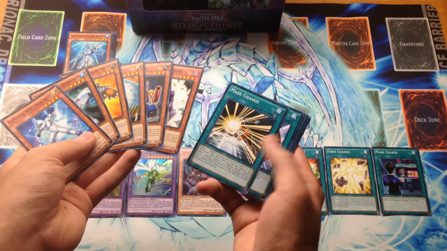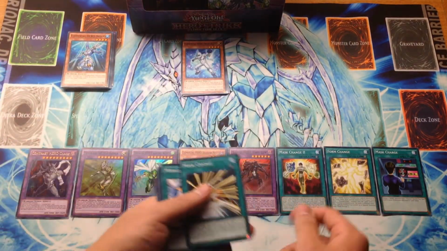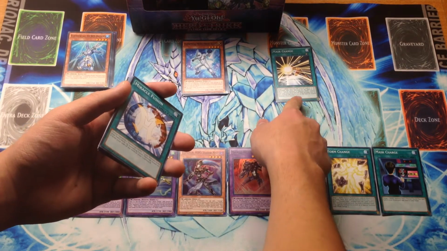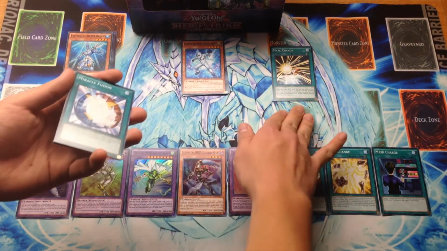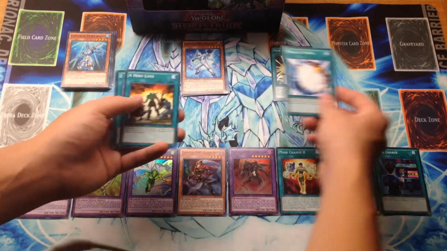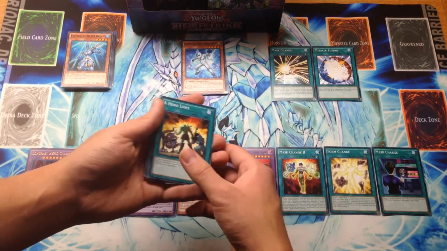reprint. Mask Change, this is basically, I would say, you're heading into the territory of, it's kind of like a new card in that it was only printed in Generation Force and the Astral Pack, so it's something that's not widely available until this deck's released, so you could probably trade that off to someone. Someone's at least going to be interested in it. Miracle Fusion, another reprint of this since I believe Raw Yellow Mega Pack was the last reprint, and that's been